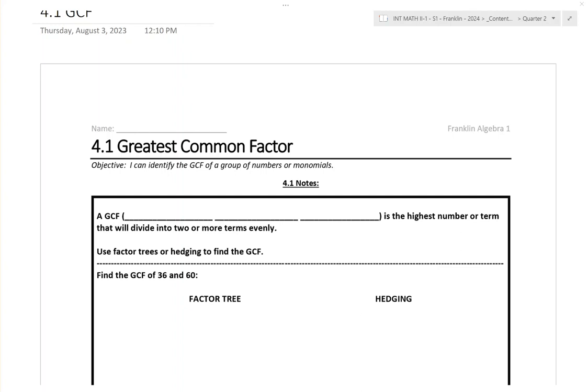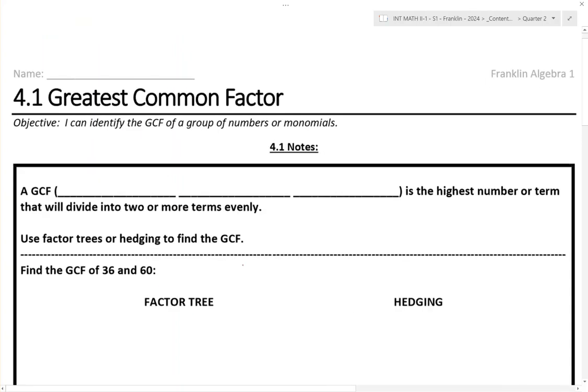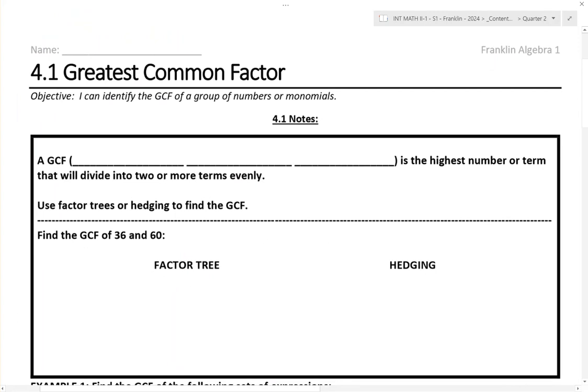Okay, let's talk about greatest common factor. So Unit 4, we're going to begin factoring polynomials. And to start this out, we're going to start really simple with just some basics about getting the factors of different numbers. Now, the greatest common factor is, and that's what goes here, greatest